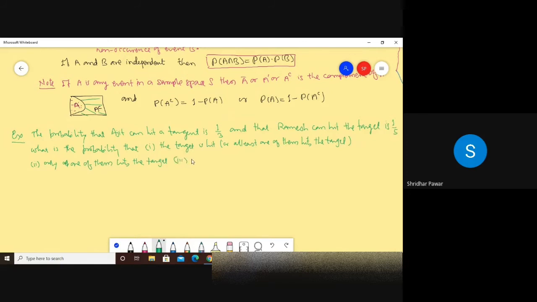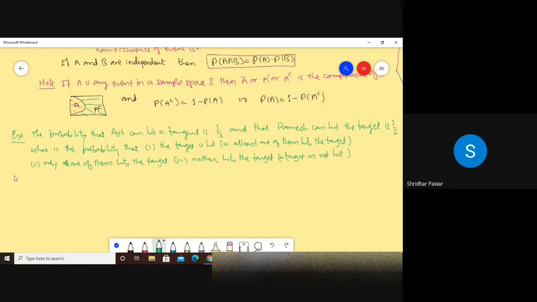Number 3, neither hits the target. म्हणजे कोणीच टार्गेट हिट करत नाही किंवा टार्गेट इज नॉट हिट और टार्गेट इज नॉट हिट. Okay,